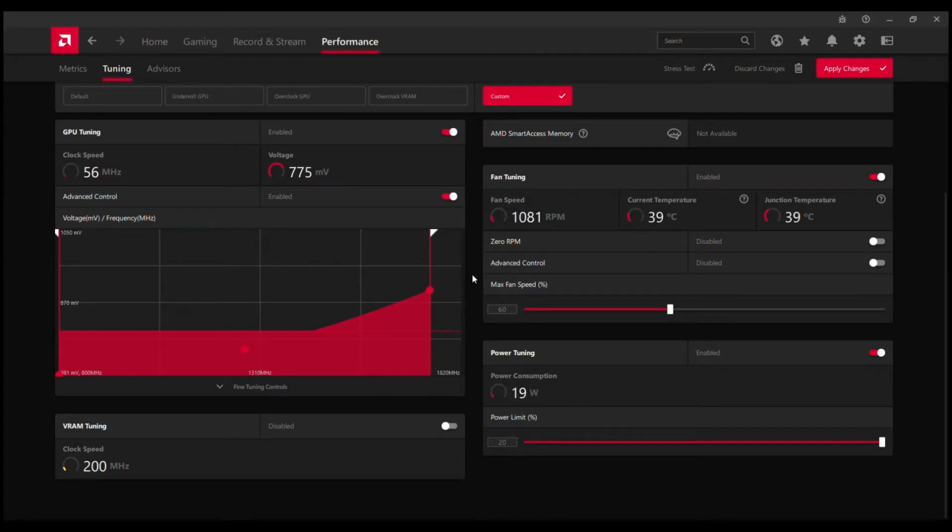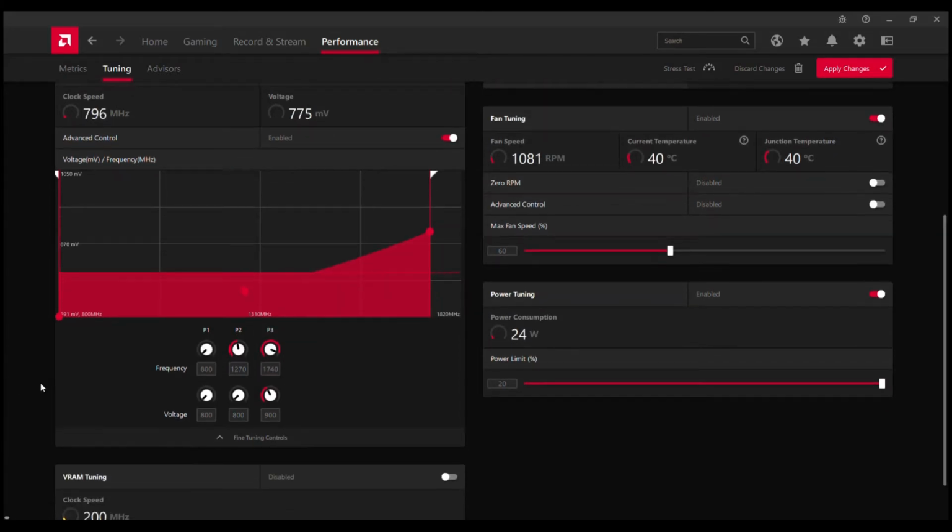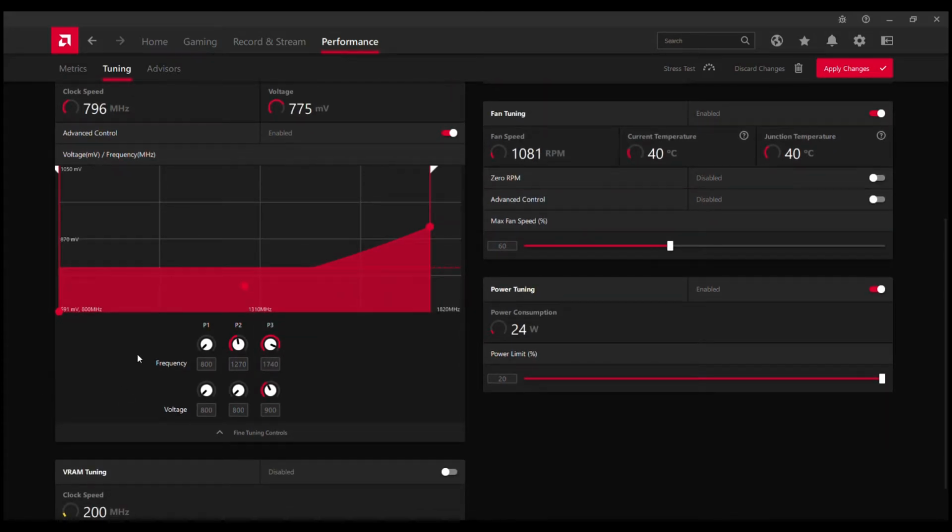So the most important part of these settings is GPU tuning. You need to enable advanced control and then select fine tuning controls. We don't touch P1 state and P2 state. The only actions that we will have is with P3 state.